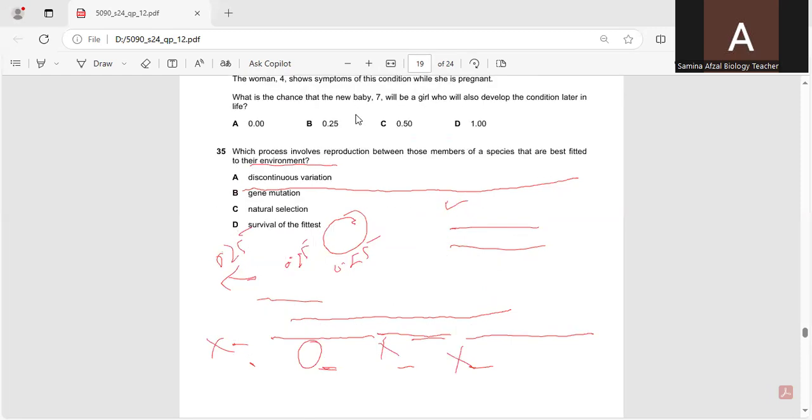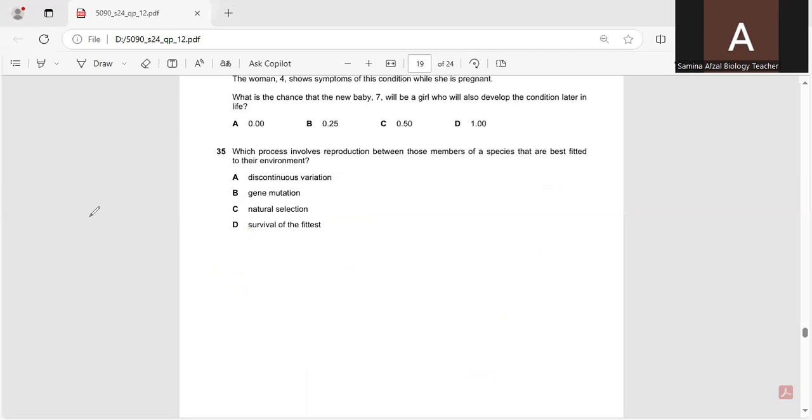Question number 35. And what is question number 35? Which process involves reproduction between those members of a species that are best fitted to their environment? Discontinuous variation? No. Gene mutation? No. Natural selection? Survival of the fittest? Discontinuous variations? The variations are not there. Gene mutation can occur, and natural selection,